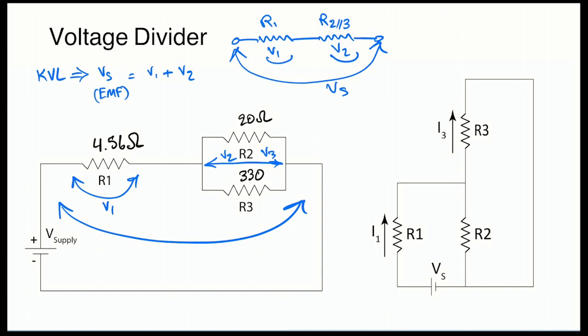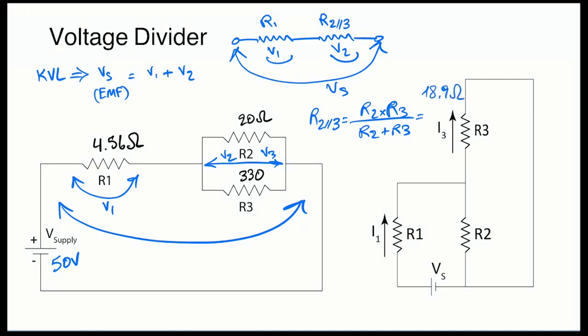Now, Vs in this example is 50 volts. So what is the first thing we need to do? The first thing we need to do is to find the equivalent of both R2 and R3. You might remember that there are two ways to calculate this. We're going to either say in this calculation that the equivalent of R2 and 3 is equal to R2 multiplied by R3 divided by R2 plus R3, which is going to end up being